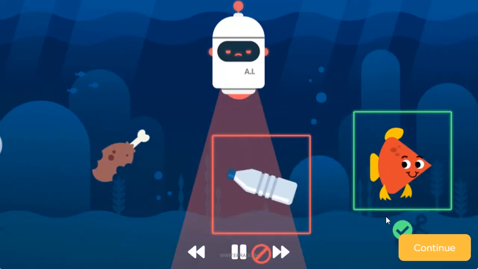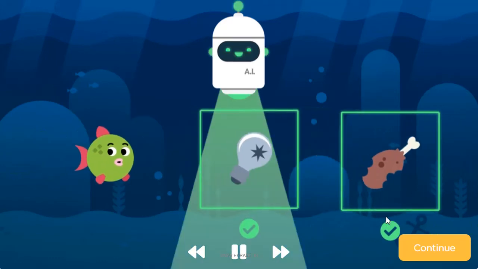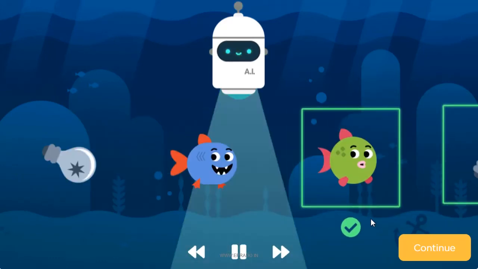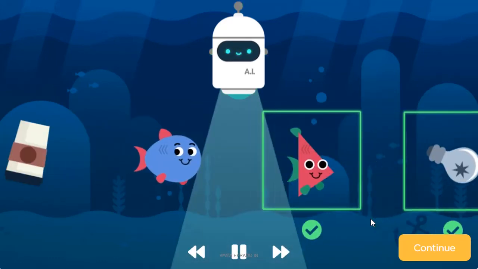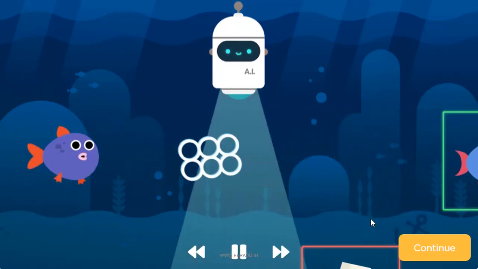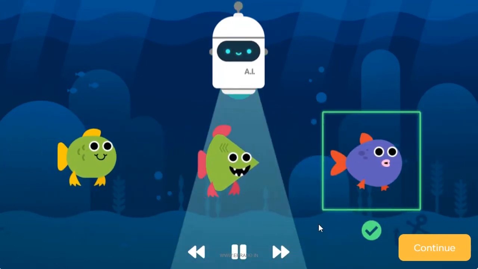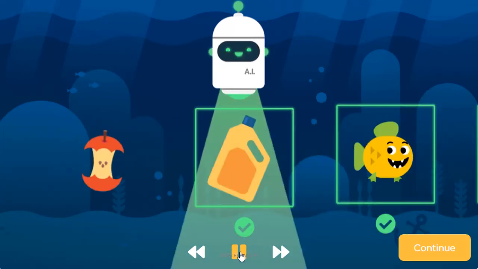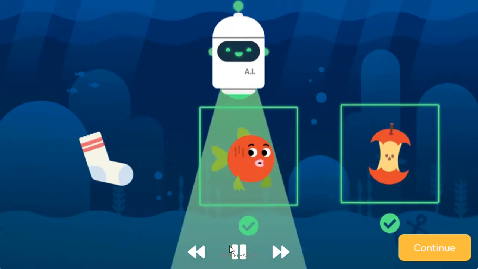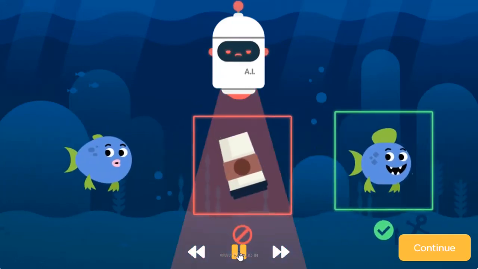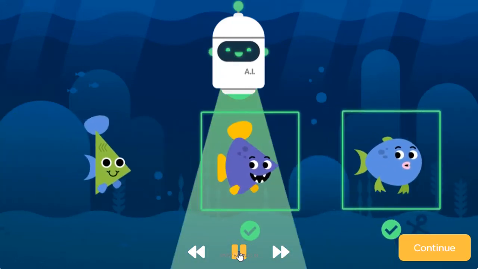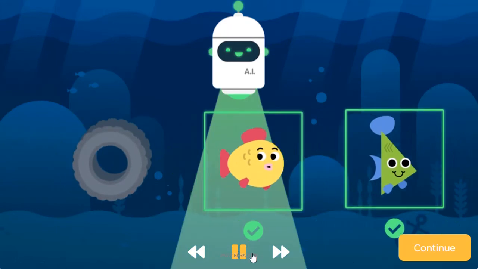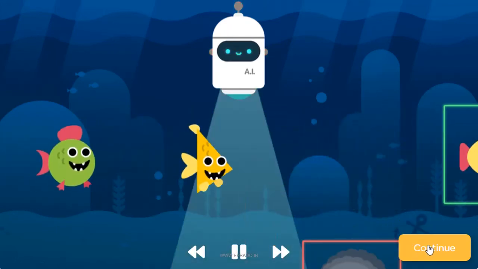Now, the robot detects some of the objects as fish, even though they are not a fish, because of the shape. So the robot detects the shape of the objects and considers them a fish. Okay, let us check.